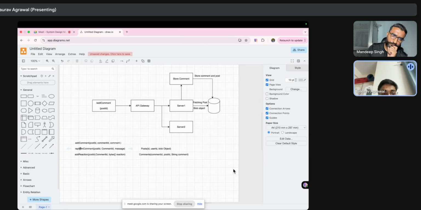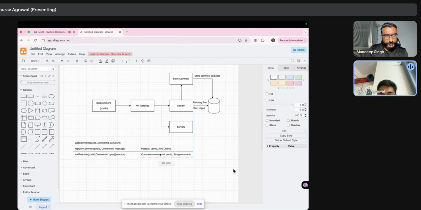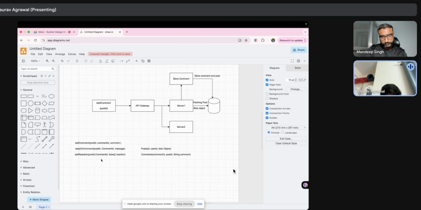We also have to store the replies, so we have to reference the replies on the same comment.